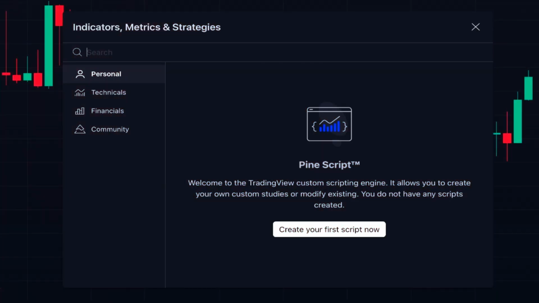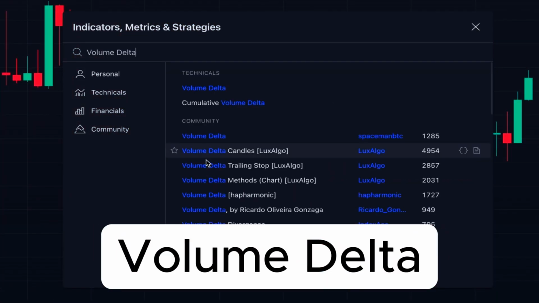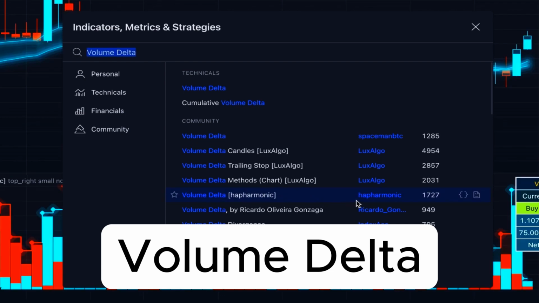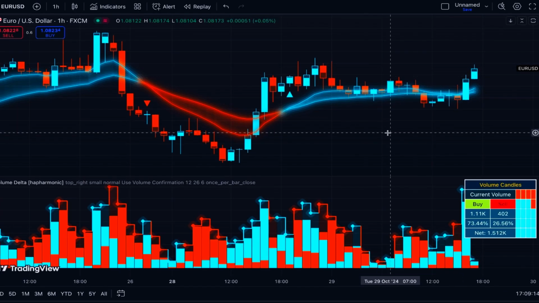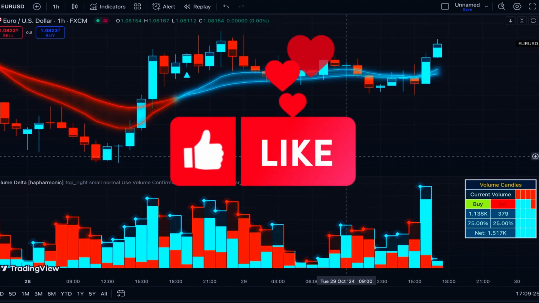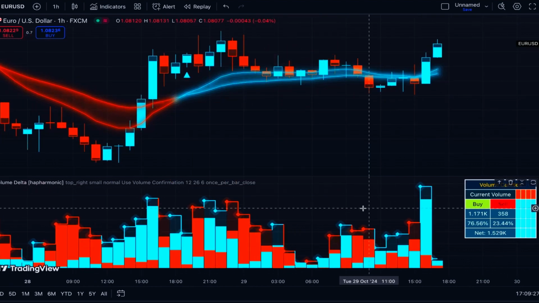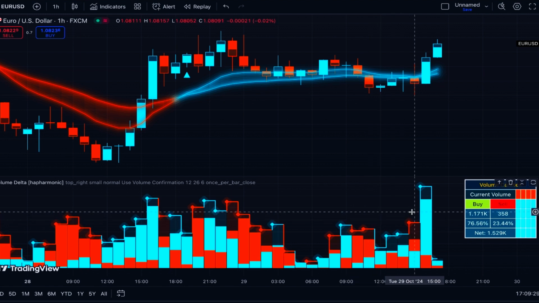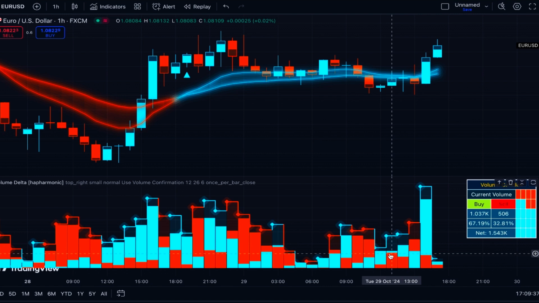The next volume indicator is volume delta. We add this one, which is written by someone named Hap Harmonic. This is also a very powerful volume indicator on TradingView platform that every trader should know. This is not just an ordinary volume indicator. Besides the total volume for each period, it also gives you the ability to evaluate buying and selling volume separately